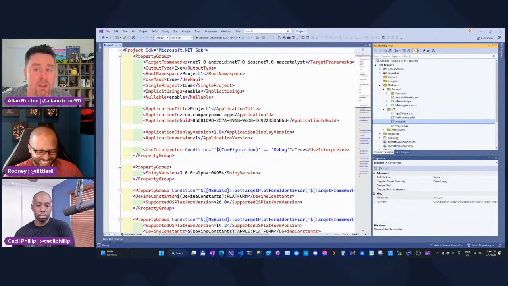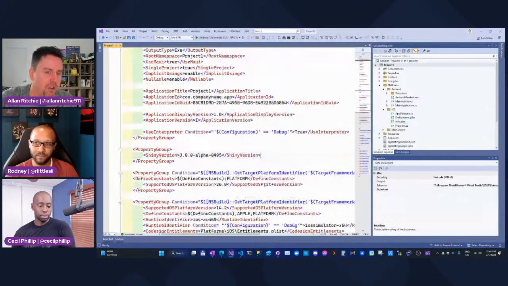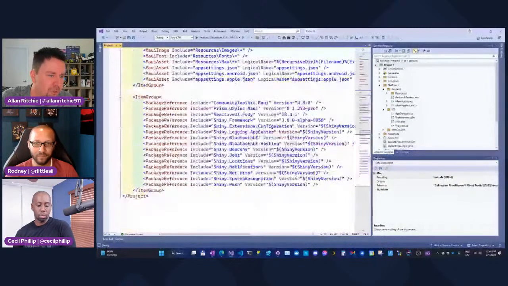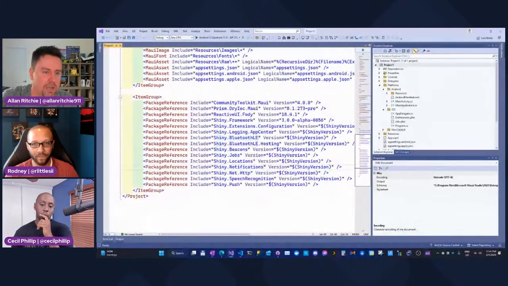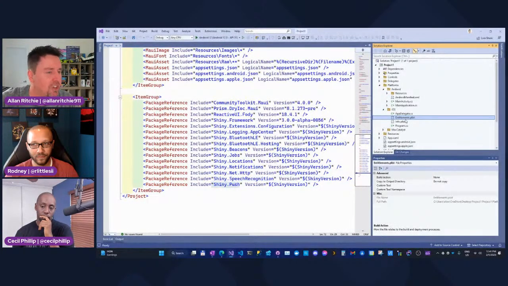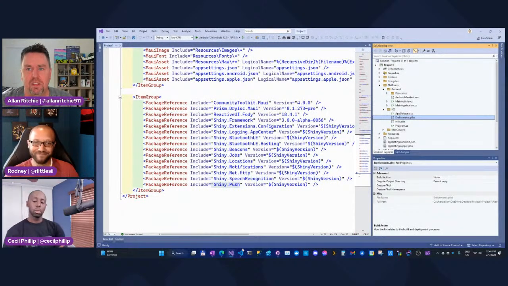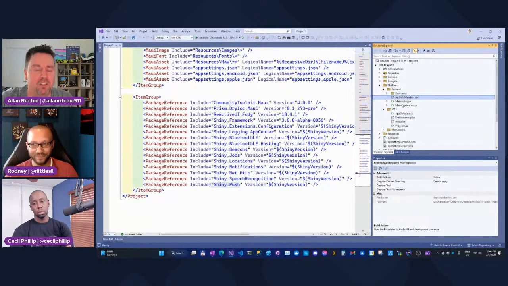And as MAUI developers, even MAUI does a good job of hiding what these things do. But the fact is, and I'm just going to go down here and show the libraries, if you want to do Bluetooth or you want to do push, you have to know what these things are, unless something's going to come out and do them for you. And that's what this template was really for. It wasn't just to wire up Shiny. It was more or less to wire up all that stuff that just needs to go in these files that you may not care or even know about, right?